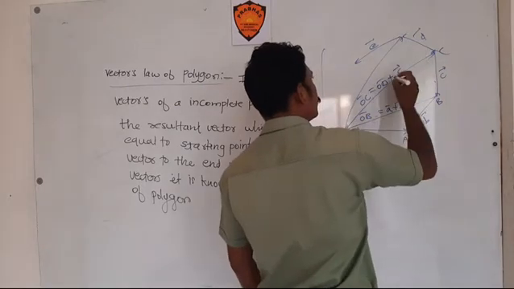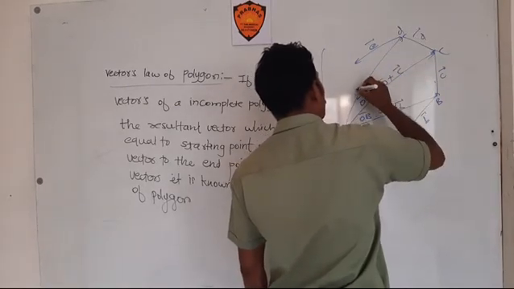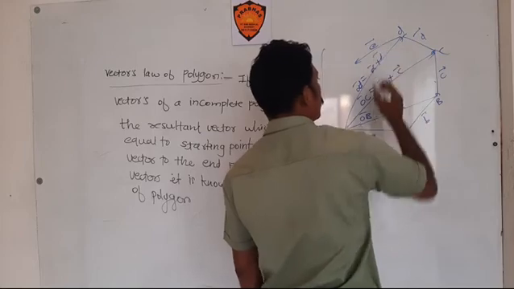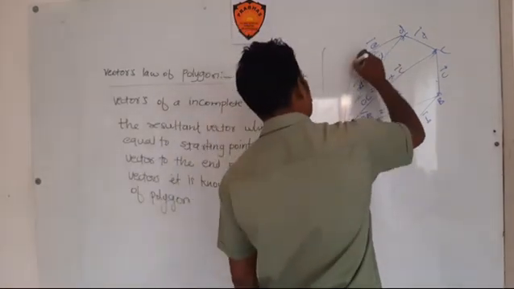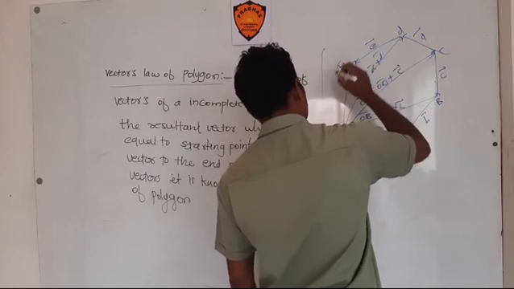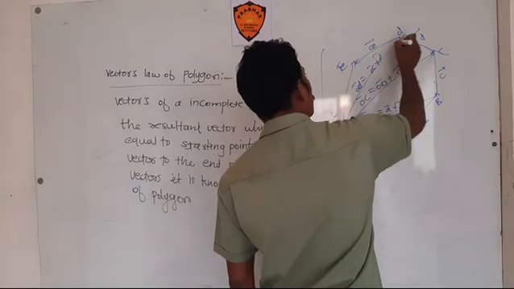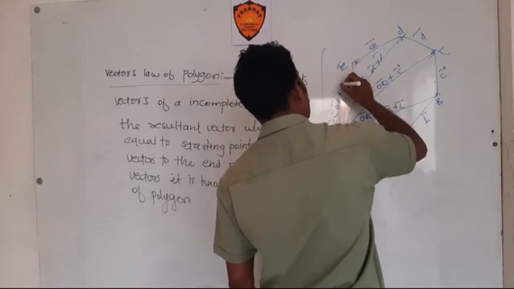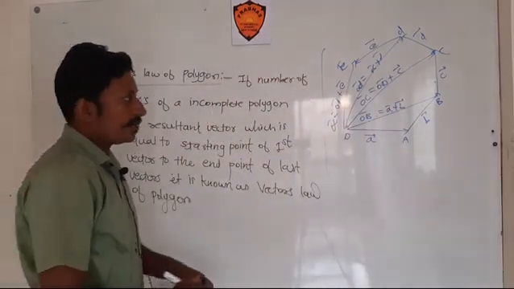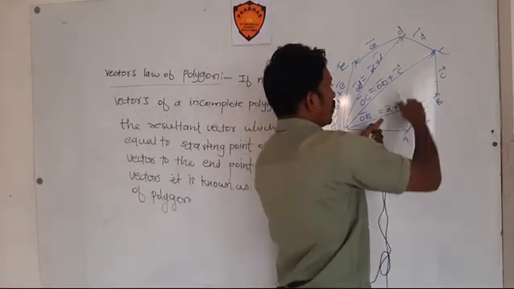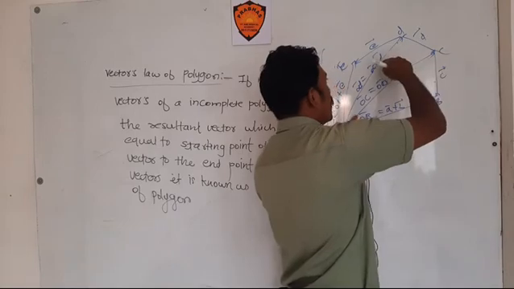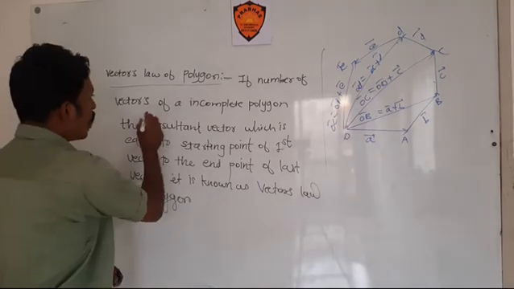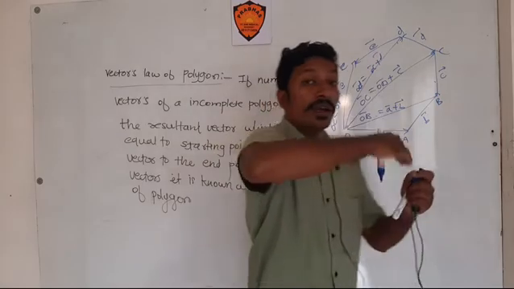Then OD bar is equal to OC bar plus D bar, and the last resultant is OE bar, which is equal to OD bar plus DE bar, right? That means the resultant of these two, then the resultant of this with this line, and so on, right? According to this diagram, if number of vectors of an incomplete polygon, number of vectors,